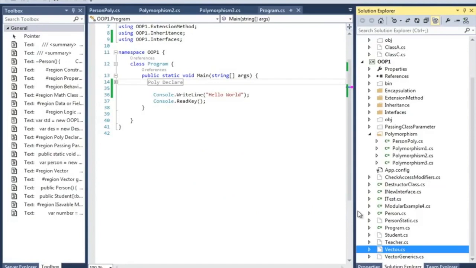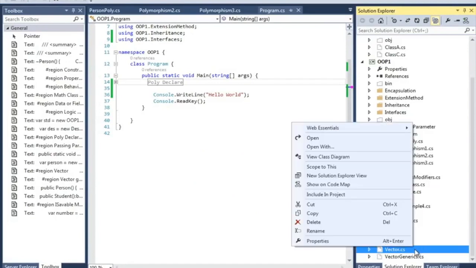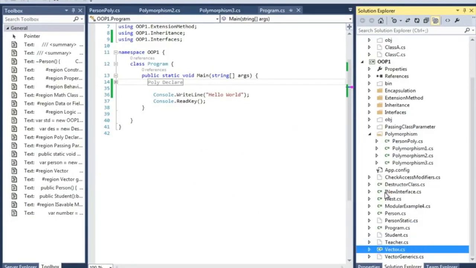I'm in Visual Studio and I have an example called vector. If you have ever done any C++ programming, you'll know that there is a data type called vector, which implements the array and abstracts the limitations of the array and gives better functionalities. We have the same thing in C#.